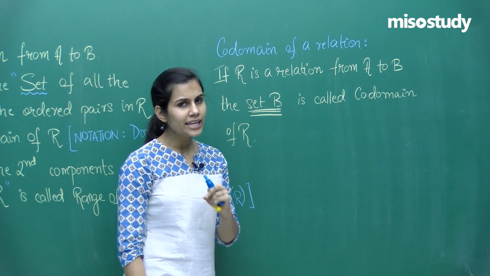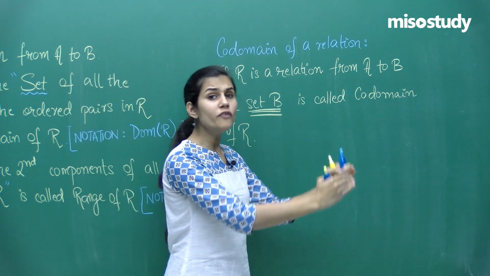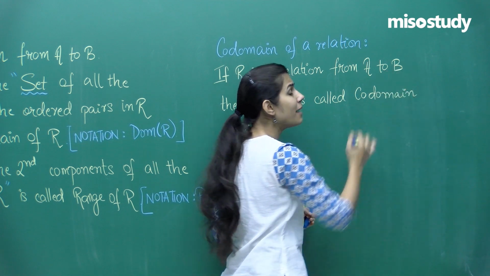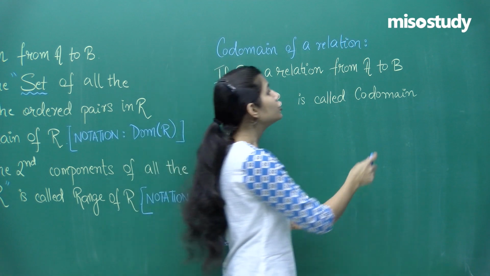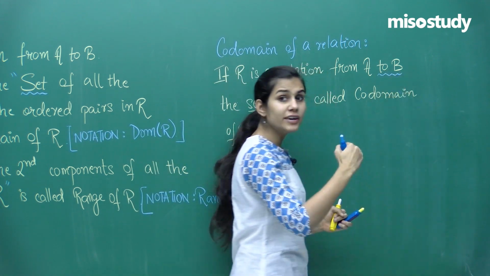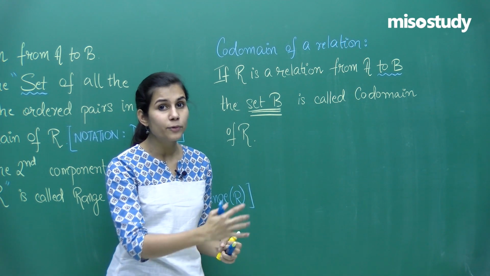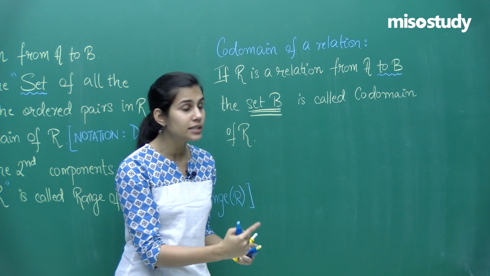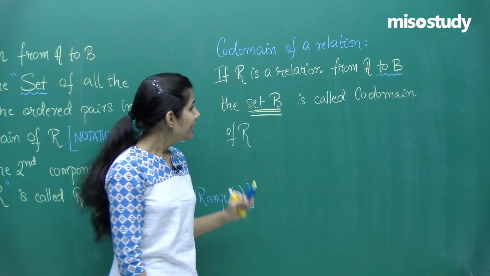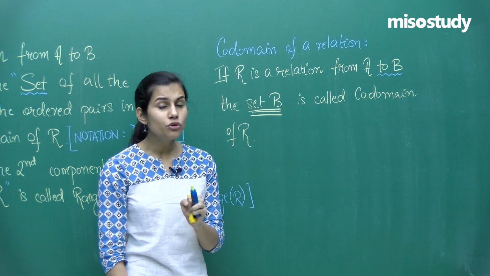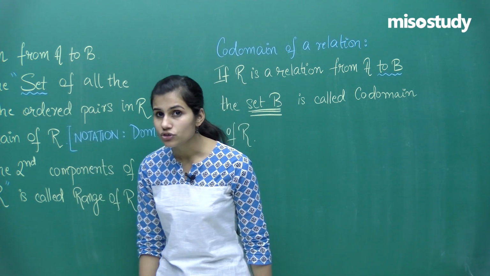This is the very easy concept of codomain of a relation. It is the set to which I am sending my relation. That means if R is a relation from A to the set B, whichever is the latter set, whose Venn diagram in the arrow diagram approach is drawn afterwards, is the set which is called the codomain of R. Now, what do you think is the relation between codomain, domain and range?